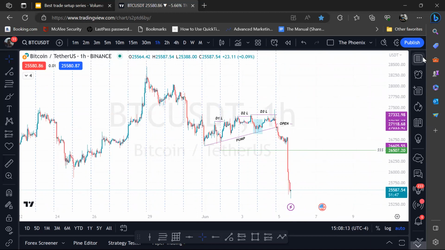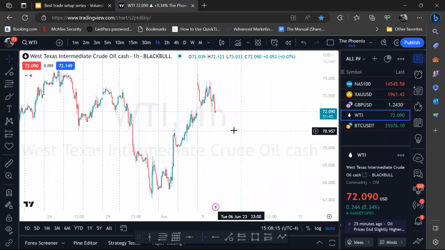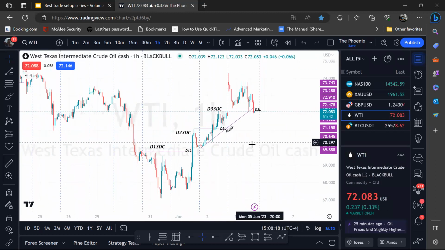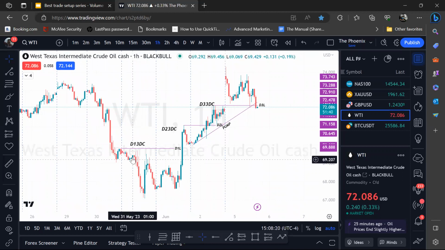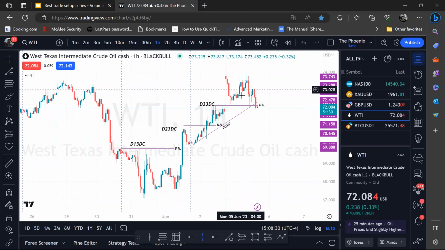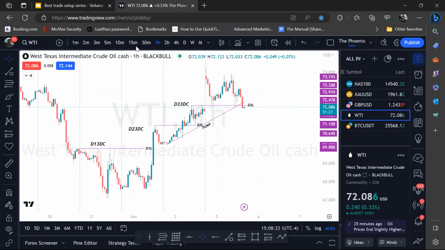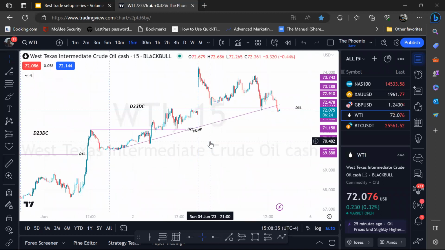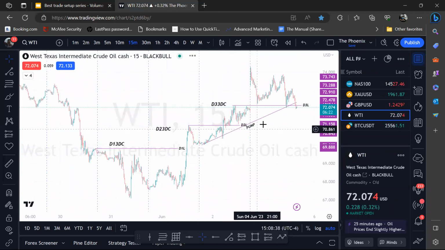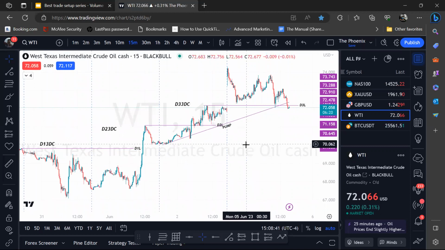So moving on to oil, where we go a little bit more in depth. We had on Tuesday, so Tuesday's high was taken out on Thursday. Thursday's high was taken out on Friday. Today we're expecting day three longs in the market. Let me go to the 15-minute time frame. So it's possible that we'll have a first trade day today. And with the anticipation that on day three or the day after day three, we could be anticipating reversals,